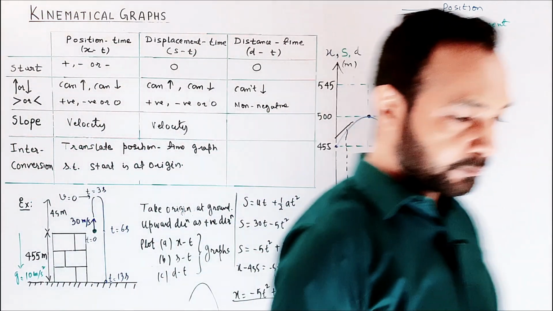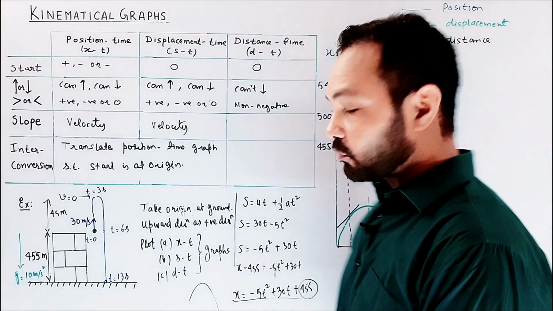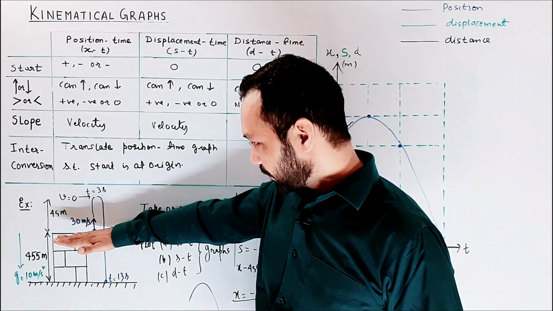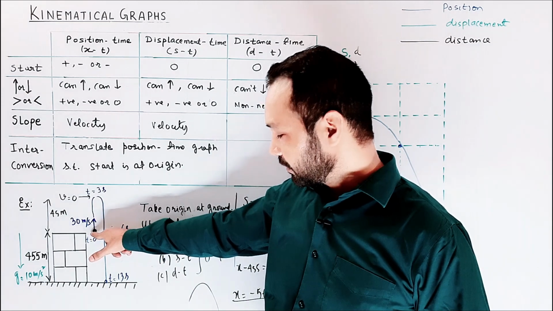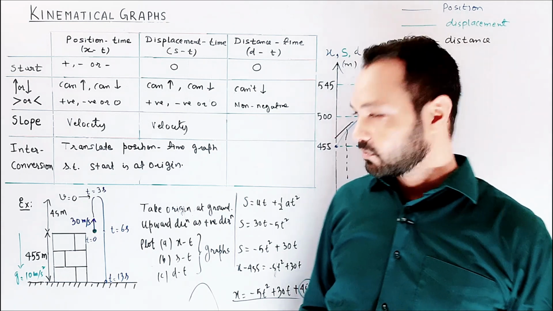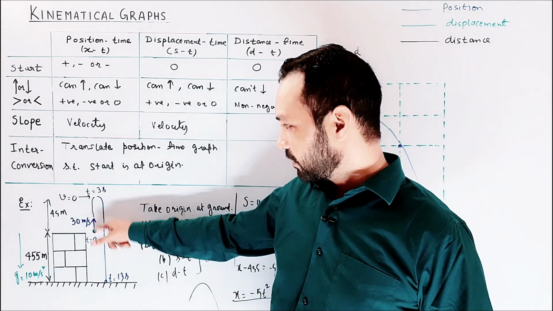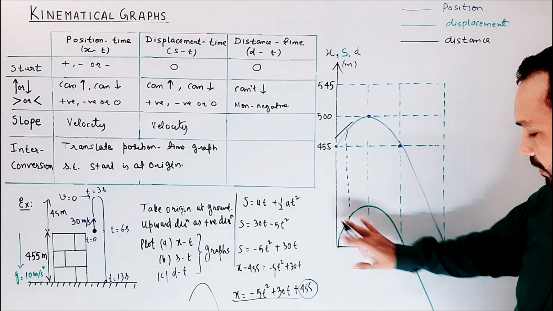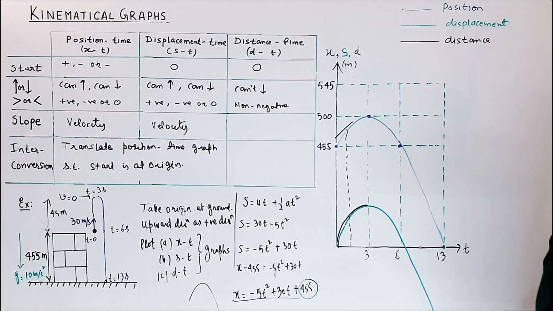And now the distance time graph. Distance is always positive and never decreases. We will measure distance from the start here. So from here to here, distance is positive until there is no turning. Magnitude of displacement is the distance. So turning occurs here. So up to here, the distance time and displacement time graphs are the same. So now I am plotting the distance time graph, which is the same up to here till there is a turning.